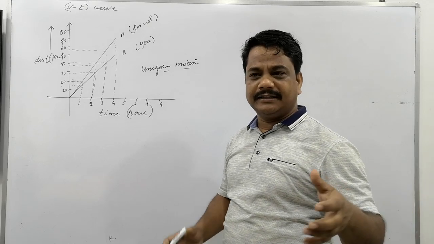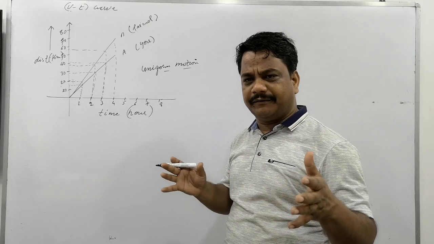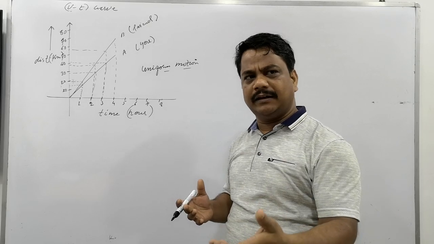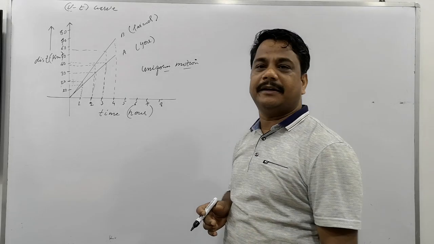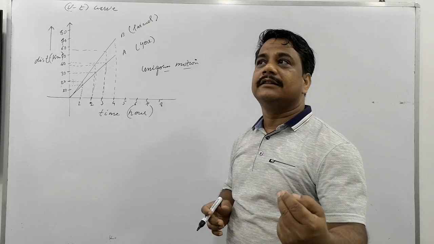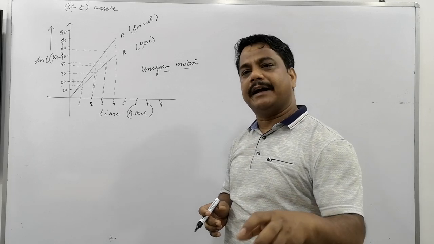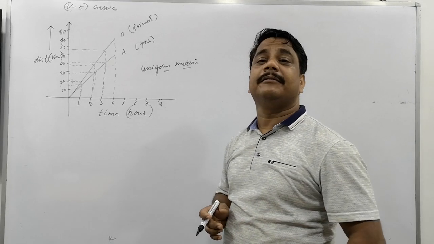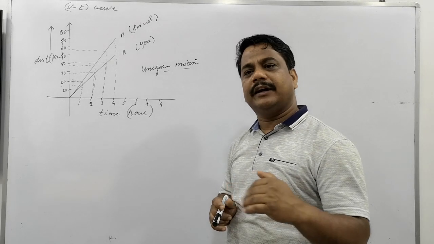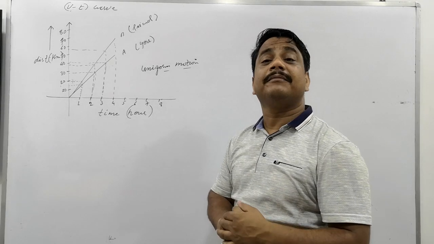Is that clear? It means throughout the journey everything is happening in the same pattern, in a uniform way. Uniform means that an equal quantity occurs in equal time. It's very simple. Suppose your friend travels 5 kilometers in 30 minutes, so every next 30 minutes he travels 5 kilometers, and you travel 3 kilometers in every 30 minutes. So in every 30 minutes you travel the same distance. This is said to be uniform motion.